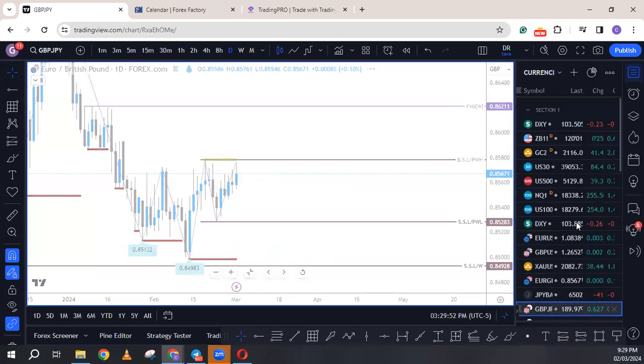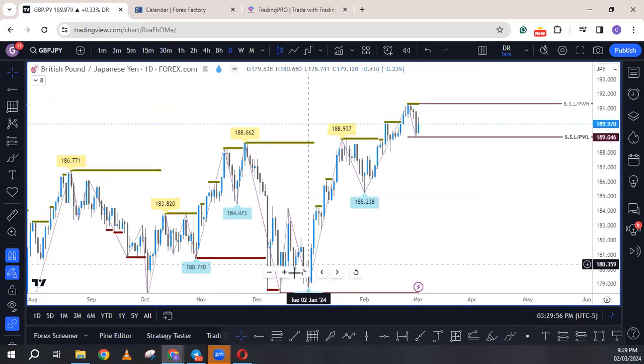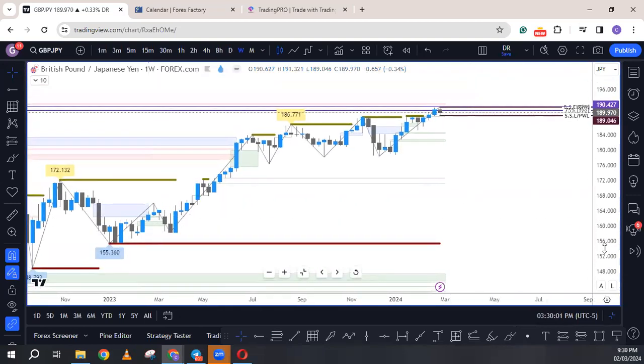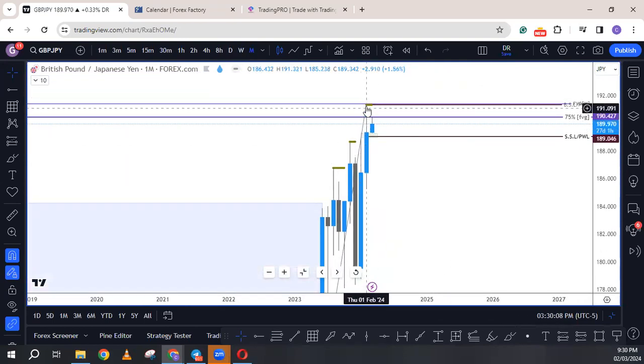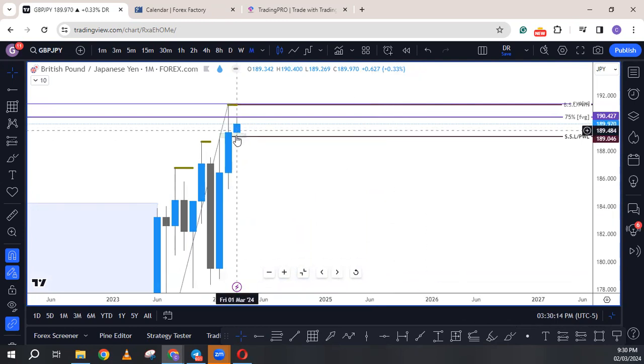So the next one we're going to be looking at is pound yen. Pound yen for now is still bullish. Let's go into the weekly time frame. Let's start from the monthly. So this monthly has the wick, and price has rallied into it. Price has rallied into it. There might be a bit of a retracement. If we go down to the weekly,